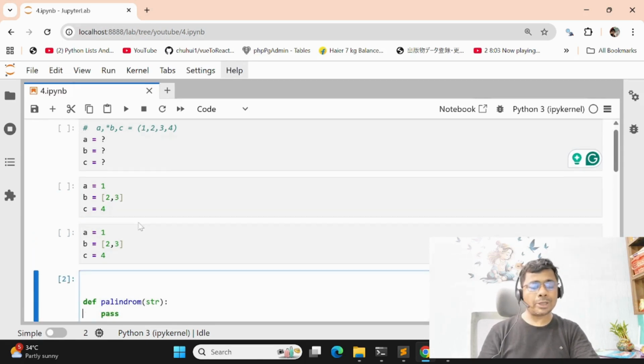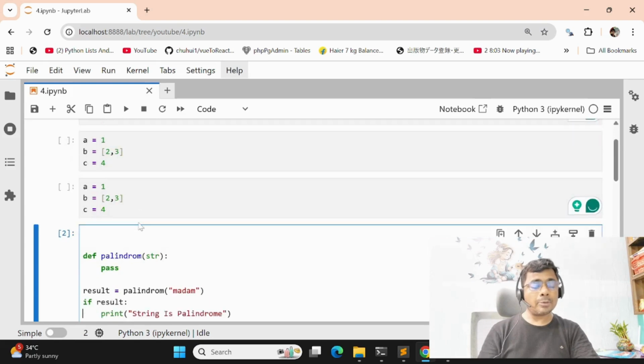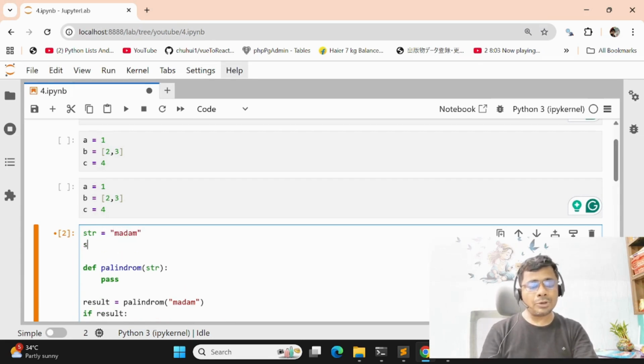Now I will show you the second program. The interviewer asked about palindrome. First we need to understand what a palindrome is. Then I will give one example, and you will understand better. First define string equal to madam. Then define a second string, which is the reverse of the string.